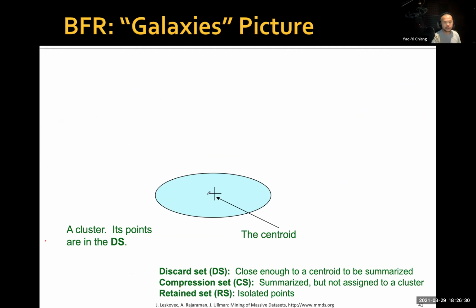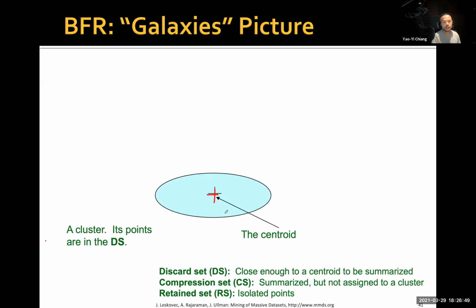For your first load, you have identified a centroid. Okay, there's another question for CS. How do you define not close enough? Very good question. I haven't talked about that yet. I will show you. So here, you just need to make sure that you understand these 3 different types of